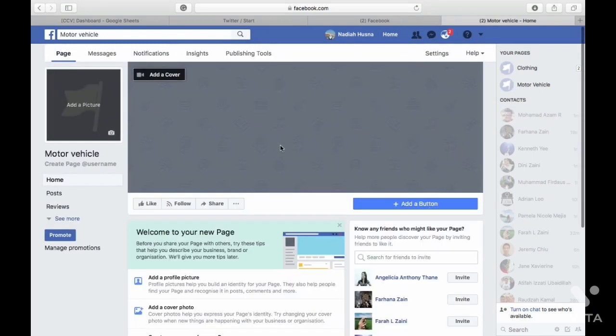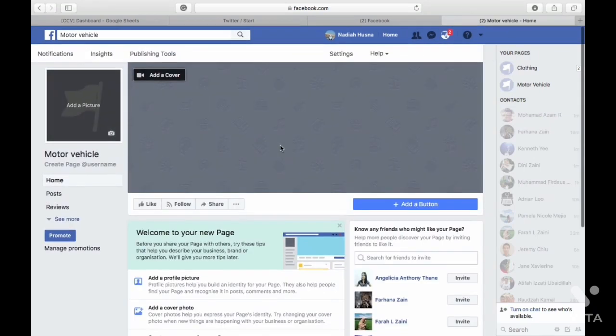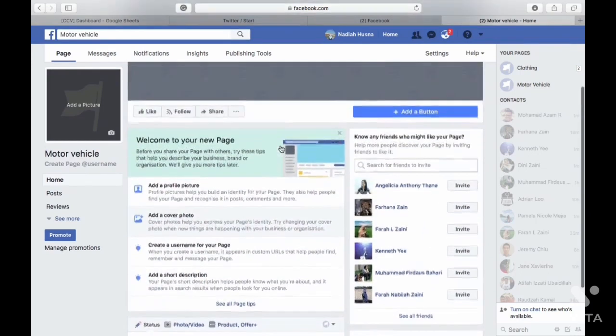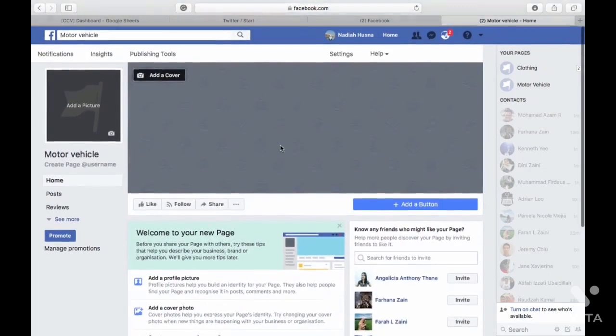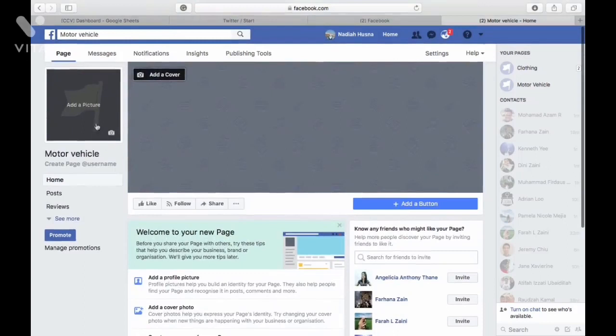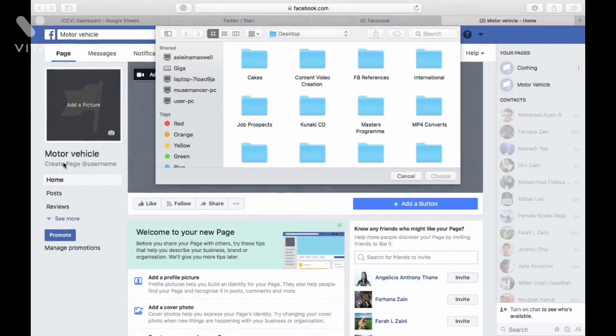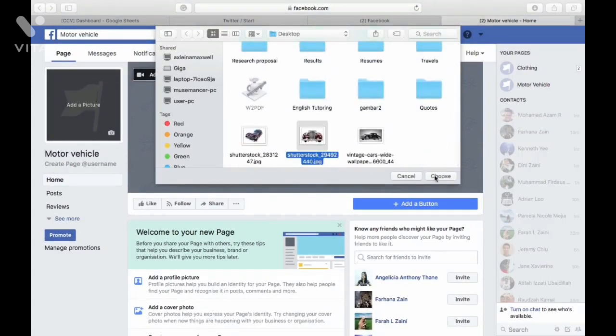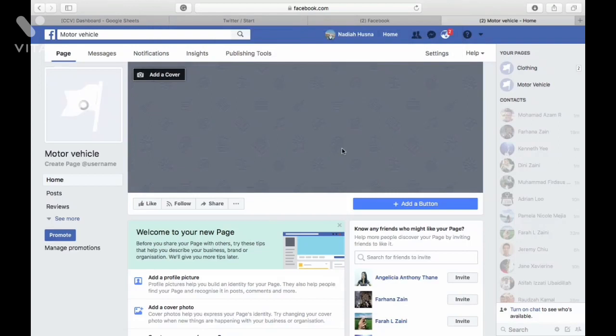There are 3 items which you need to set up before launching your Facebook page. These are your page profile picture, cover page, and details about your company. The profile picture is displayed as 170 pixels by 170 pixels. You are recommended to upload an image double the size for better resolution. Here's a power tip. Choose a simple image to best represent your business.